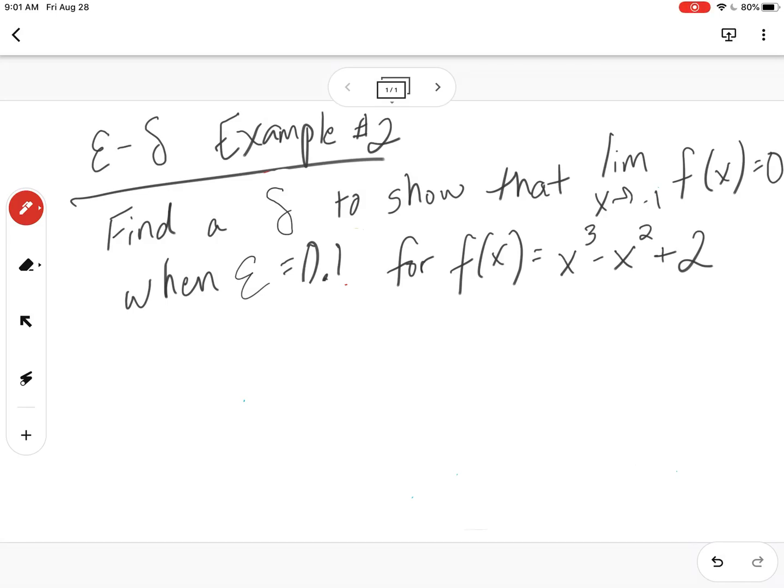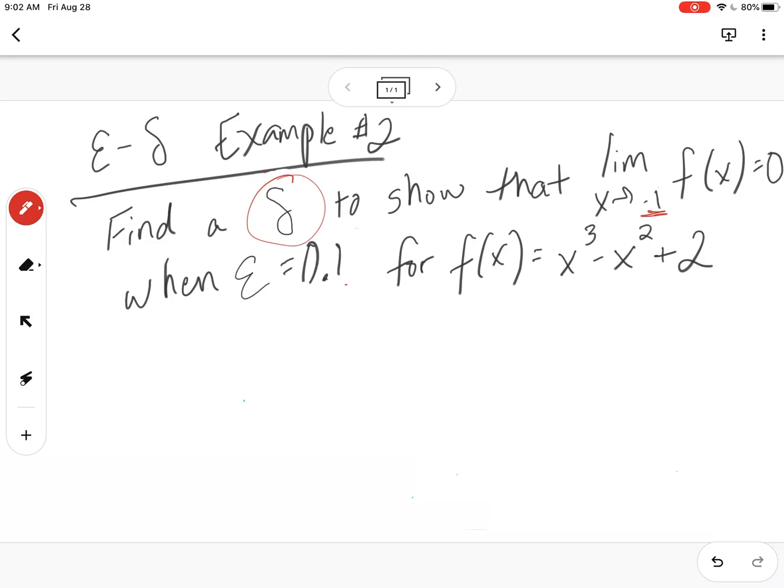So I'm going to do another example of the epsilon delta definition, trying to find another delta. So this is going to be my second example. So find again a delta, that's our x values, to show that the limit as x approaches -1, notice that's a little bit different here. Last time we were doing it around 0, this time we're doing it around -1, as f of x